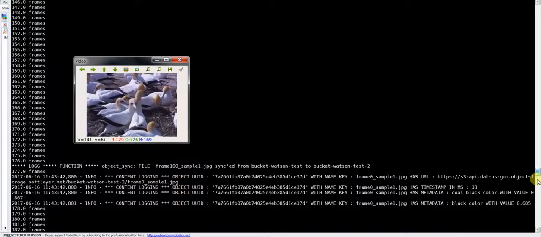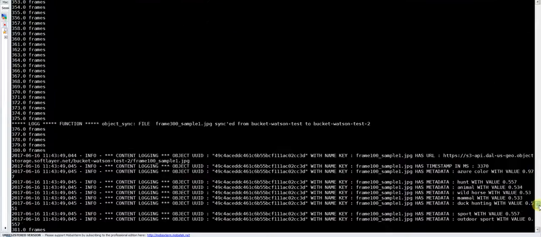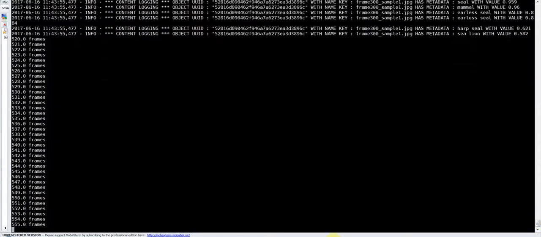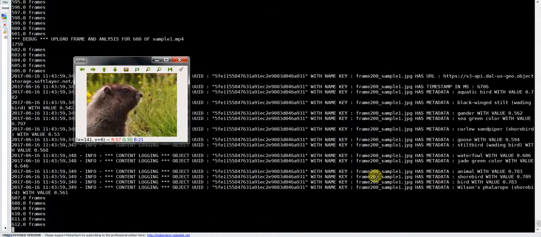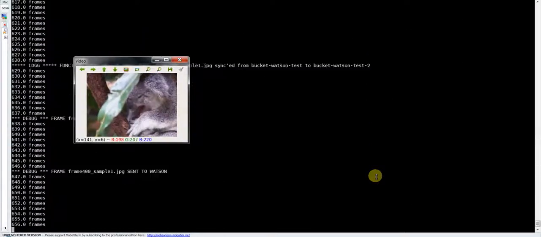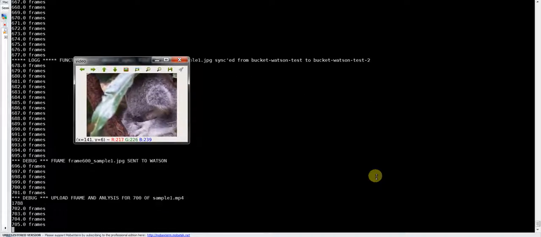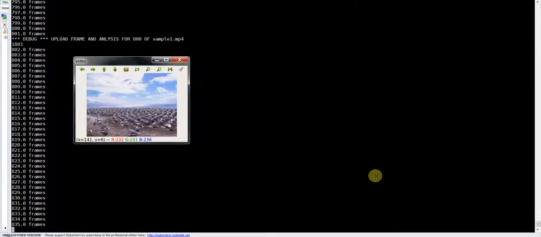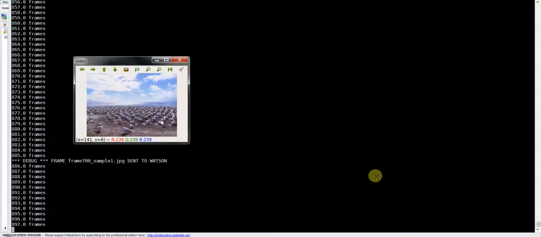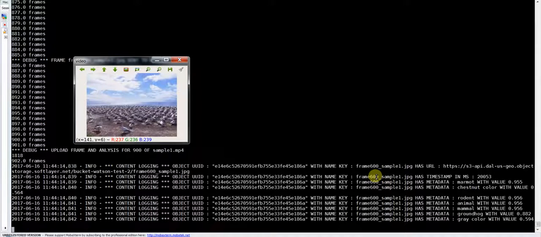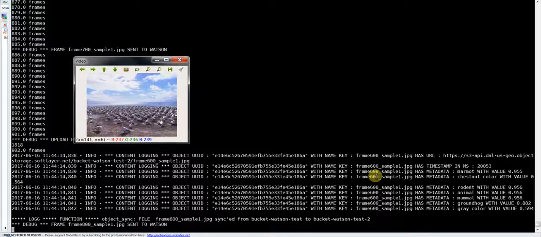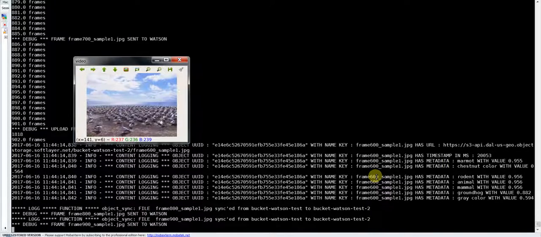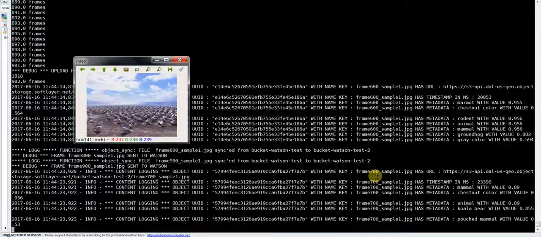In this video, I'm also syncing two buckets, the temporary one plus, let's say, the archival one. This is optional. This is not something you have to do, depending on what you want to do. Let's say if you want to store every frame, and on every frame you want to create a picture, and on every picture you want to add the metadata, this is something you should consider doing. But if you just want to analyze the video itself, and you do not care